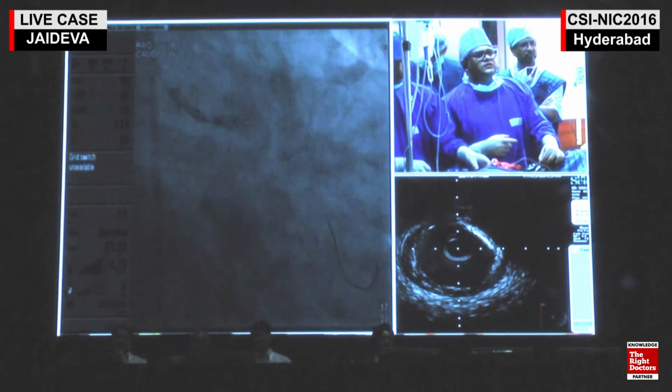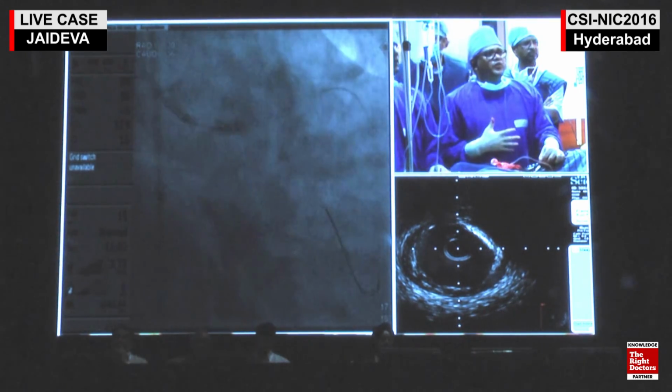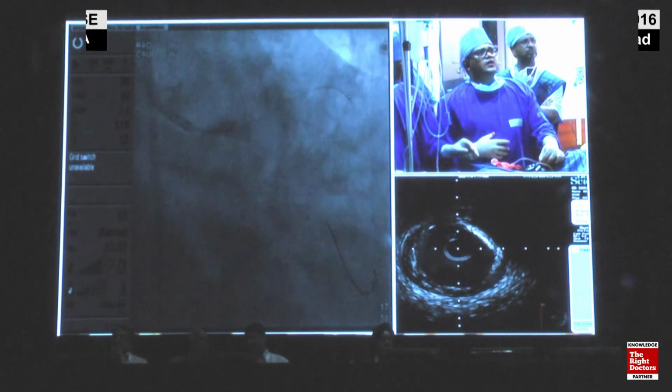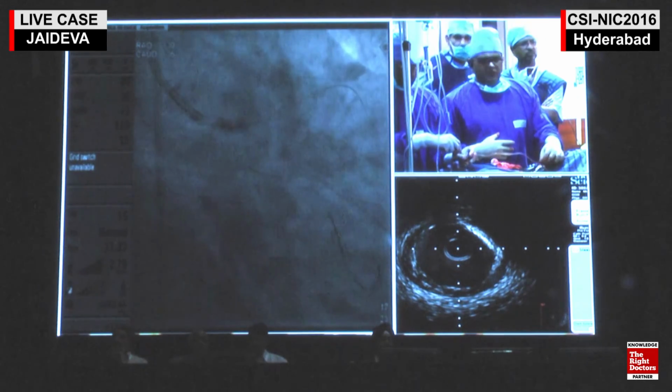Next. We have not taken it yet. So this here is where we are now, 4.5. Just now the blood pressure is 117. Heart rate is 123. Okay, now give me sodium nitroprusside.